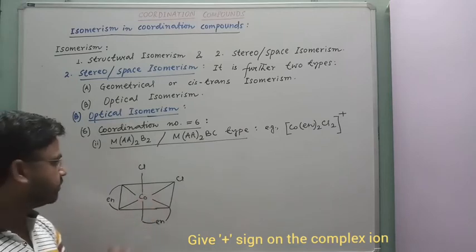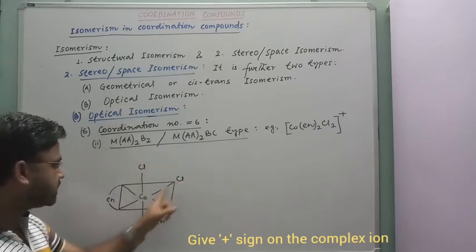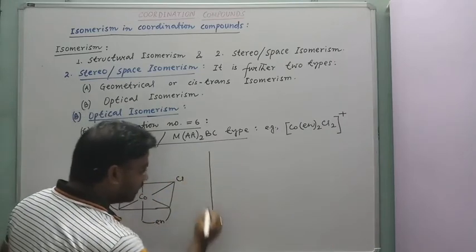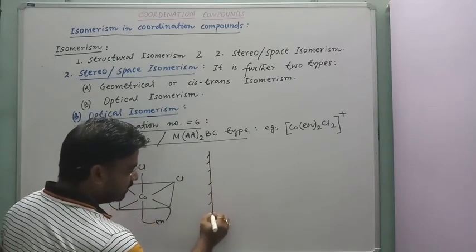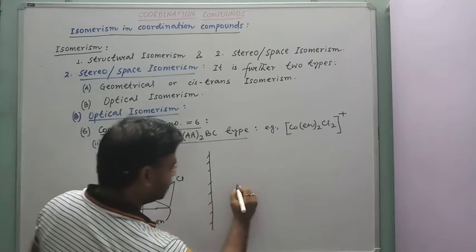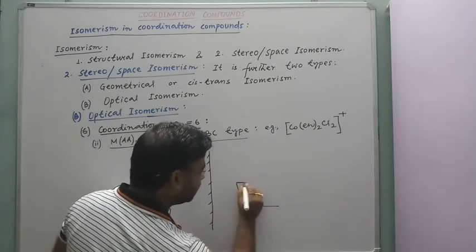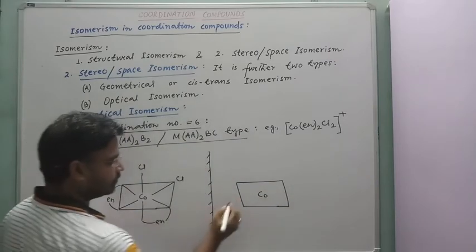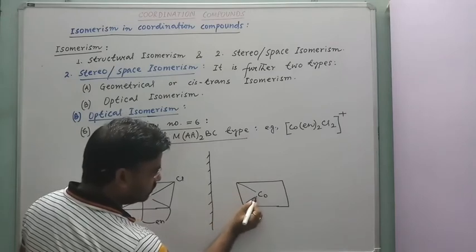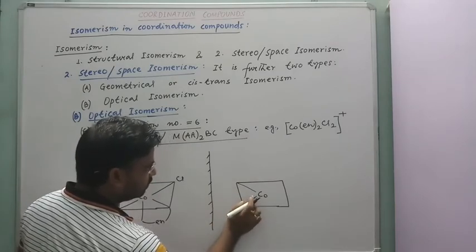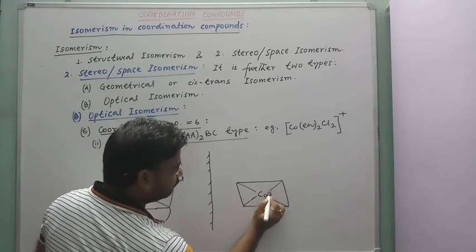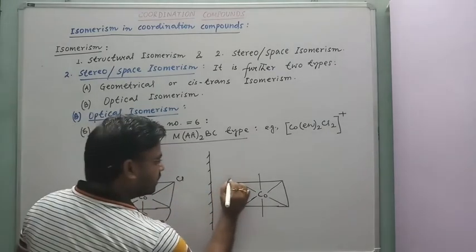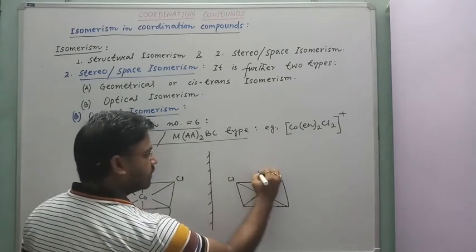So this is the cis product. Both the Cl are in the same plane. But if both the Cl are in the opposite plane, it will be the trans product. So this compound in front of a mirror gives the structure Co 1, 2, 3, 4, 5, 6. So this chlorine comes here, this chlorine here,